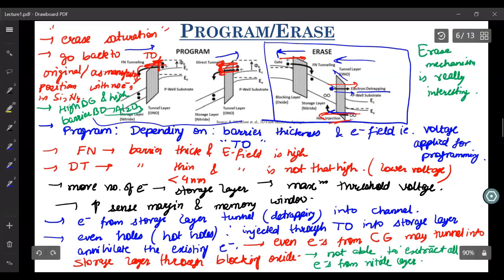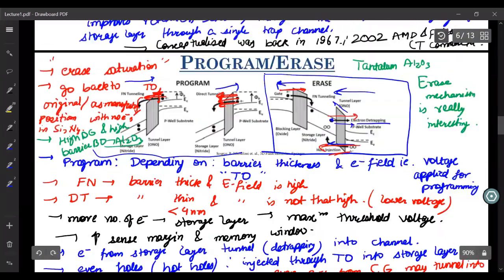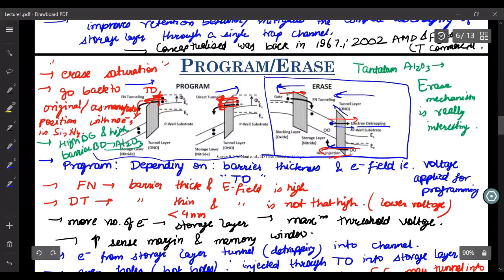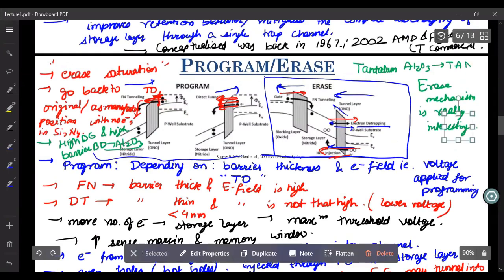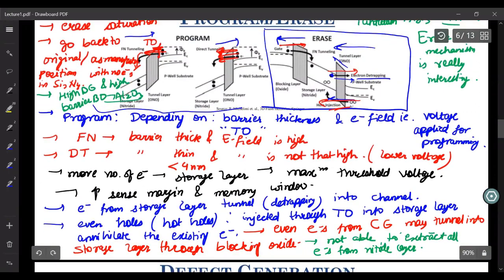And when they use this Al2O3, or sapphire, in the blocking oxide, it gives something called TANOS. So they use a tantalum electrode, then an Al2O3 blocking oxide. That gives T and A, and then you have nitride, oxide, and semiconductor. So you have this TANOS. Okay, I'll discuss it later as well.